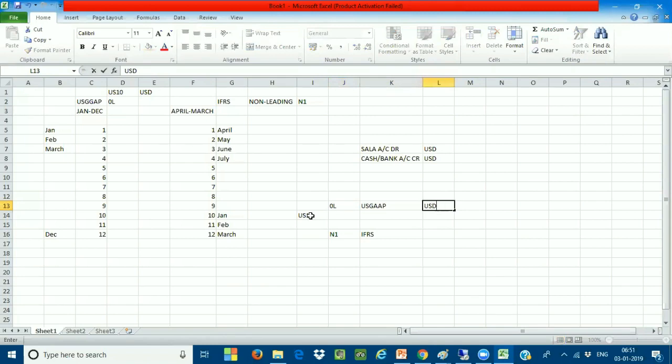So for the same company code, if I am assigning a non-leading ledger, by default, the system will inherit the same currency settings of the leading ledger to the non-leading ledger. There is no deviation in the currency. Same currency will be defaulted here also. So it is also going to be USD.